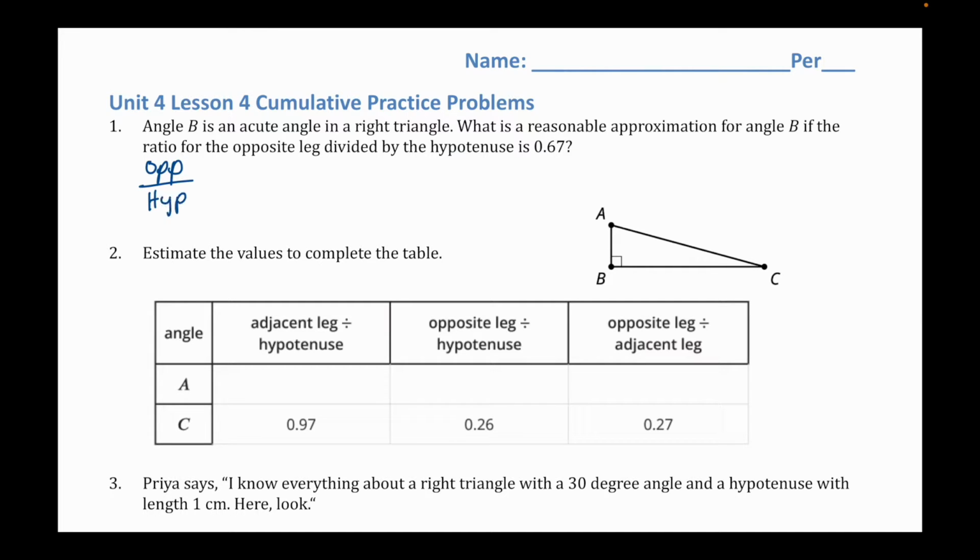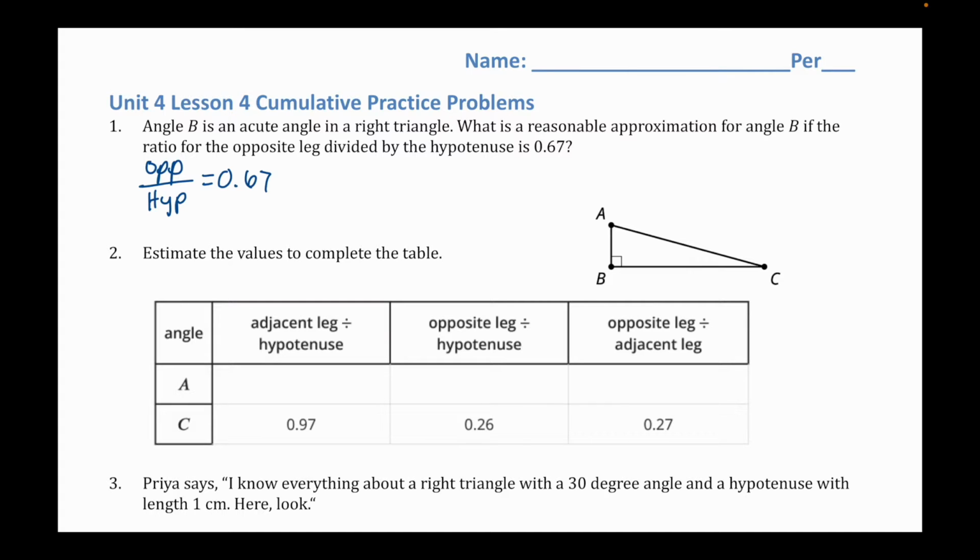over hypotenuse is 0.67. Now for this assignment, we actually are using a table of values. So a reasonable approximation for the angle, I'm actually going to refer to my table. And so you should have a handout either from your teacher or from me if I'm your teacher. And adjacent, no, this is opposite over hypotenuse. So that is going to be the middle column of values. So I'm looking for